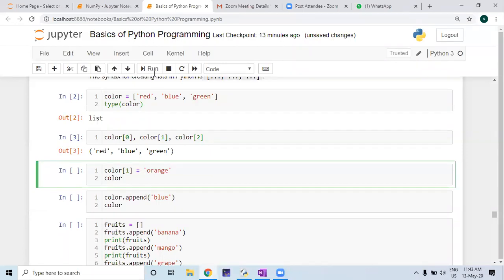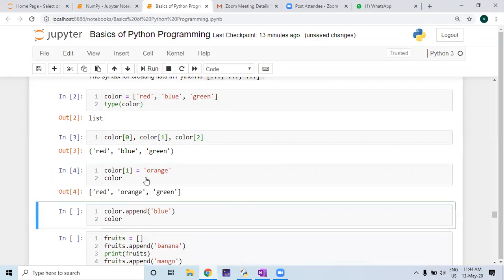Yes, earlier your list was red, blue, green. Now the second element you have changed to orange. Now the list has become red, orange, and green. So this is how you can modify the list also. This particular characteristic is called mutable: a list is mutable. That is, you can change it as required.